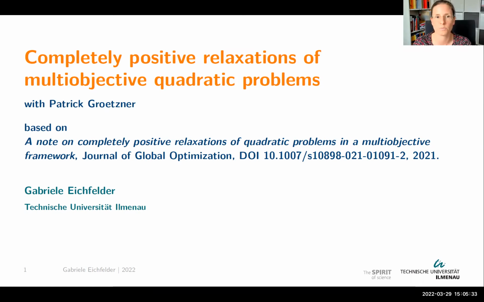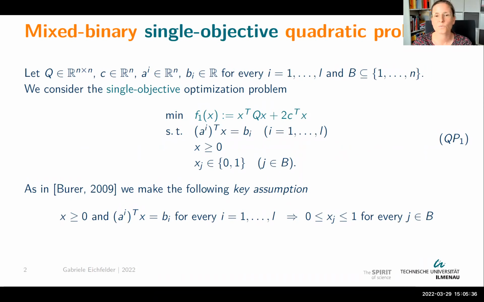what are these relaxations based on the cone of completely positive matrices. So it works, at least in the most famous paper by Samuel Burer, for this class of problems here. So you have quadratic objective functions, which might be non-convex. So the non-convexity, the difficulty of your problem can come from these non-convex quadratic objective functions. Then you have nice linear constraints, non-negativity conditions, and this is a subset of the indices of your variables. So some of your variables might take binary values only. So the non-convexity can also come from these binary conditions.